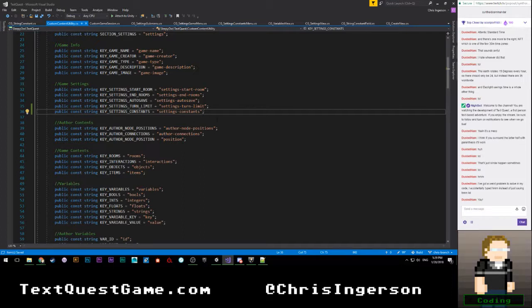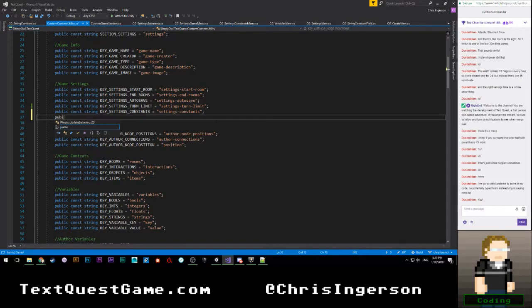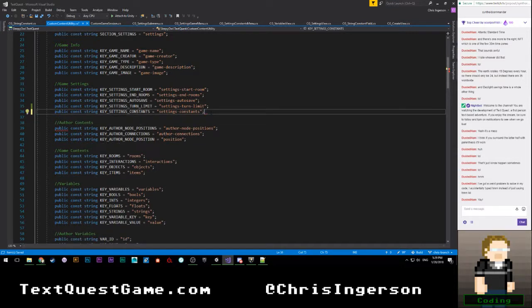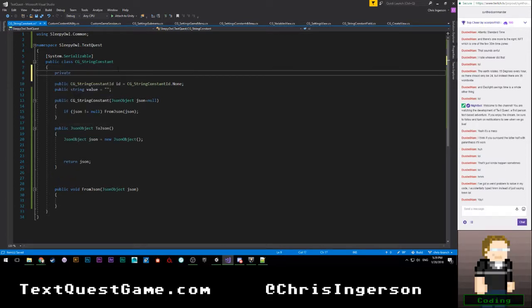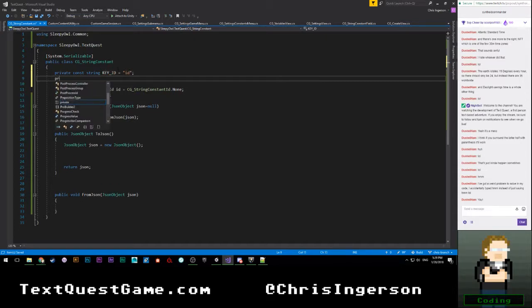I guess I'm going to put it here. So I'm going to say public. Oops. You know what? Nah, it's fine. I can actually just put that here. So we're going to say private const string key underscore ID is equal to ID, private const string key underscore value is equal to value.